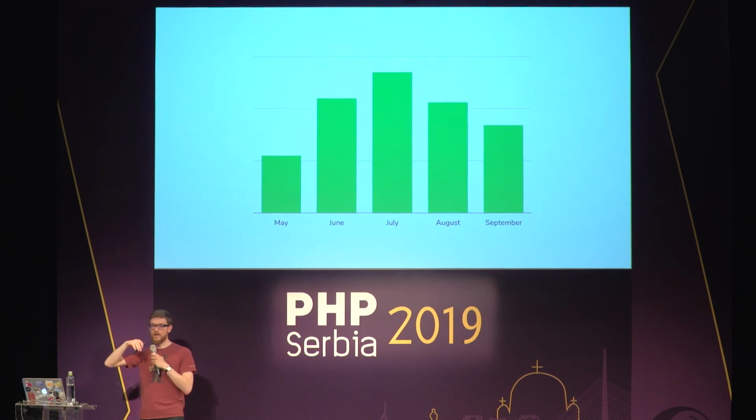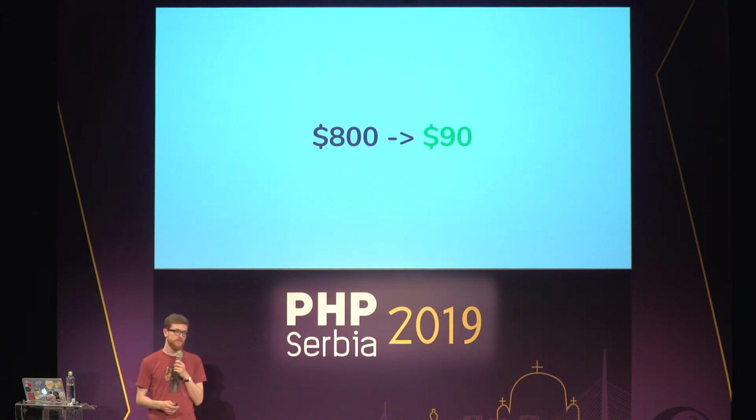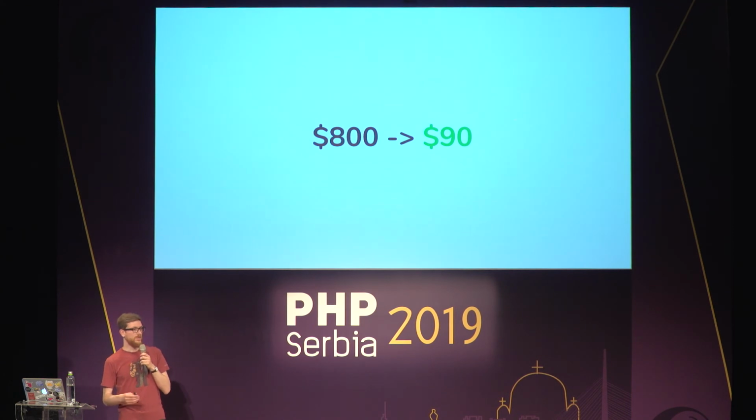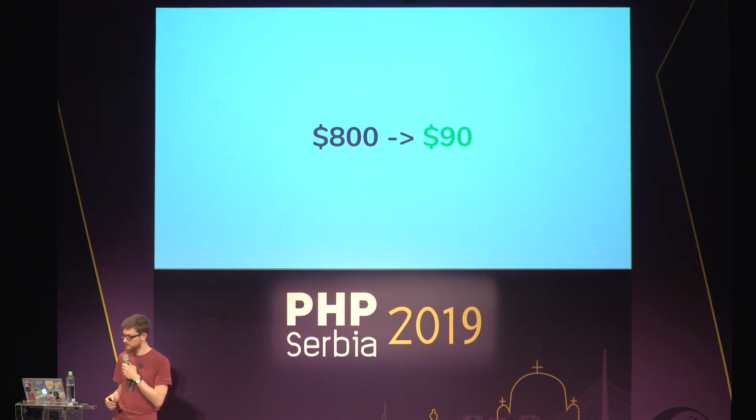I can't give you total numbers, but I can give you an example of a specific microservice that they moved entirely from EC2 to Amazon Lambda, and they went from $800 per month to $90 per month. For them, it was quite a success. They saved money, but as a startup, it's really interesting for them because they were not afraid of growing anymore. They had a huge client ready to sign. They were not afraid. They had fewer errors, less time spent maintaining everything, and it just runs. So for them, pretty interesting deal.